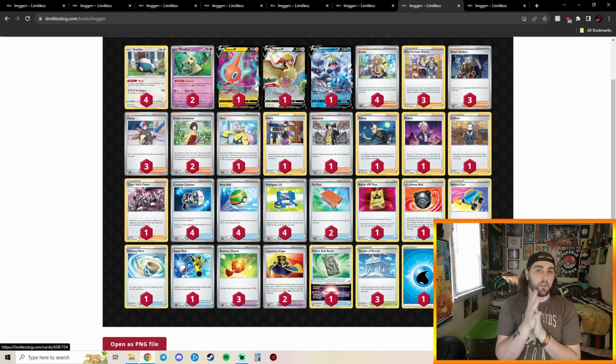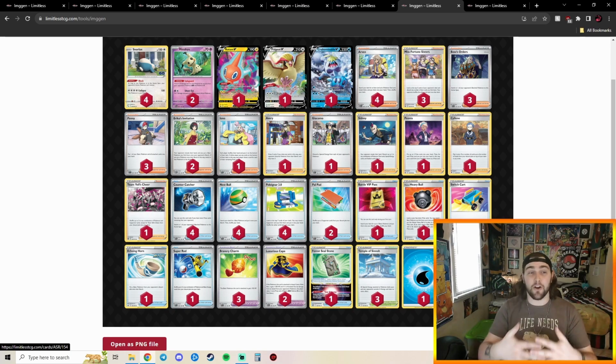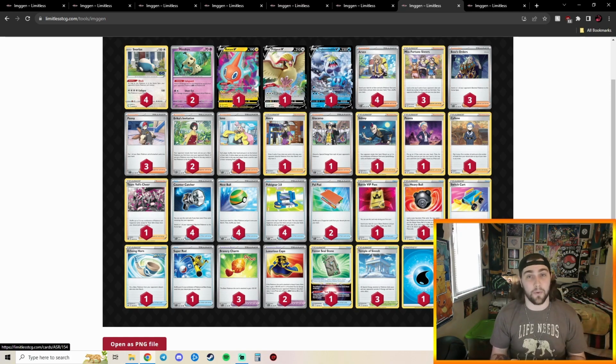Now, this is going to start what I meant in the intro about our format being interesting. Snorlax Stall was kind of a meme deck for a while, but I really think that this deck is a contender, and I think it's going to be tier 1. I think it's going to be a deck that you're going to have to tech for. I think it's going to be a deck you're going to have to learn how it works,